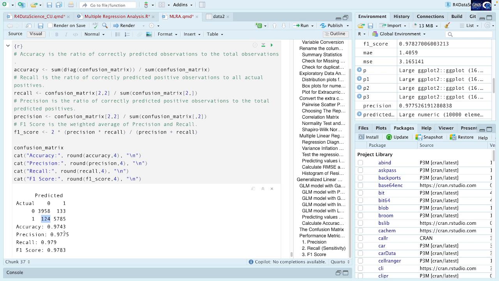So we can simply explain the accuracy, precision and recall, and also F1 score. So the conclusion will be, we can say it in a conclusion way, like